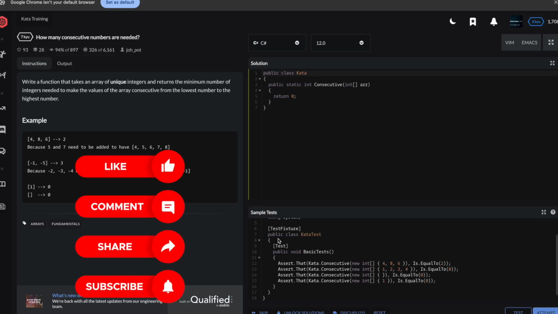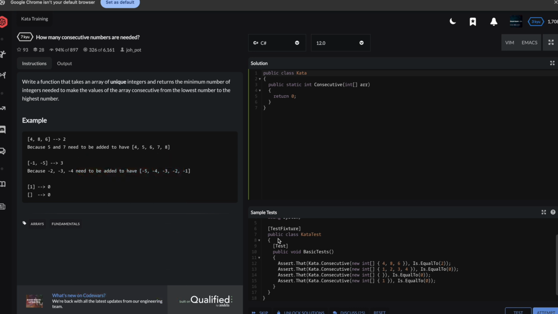Challenge called How Many Consecutive Numbers Are Needed? Write a function that takes an array of unique integers and returns the minimum number of integers needed to make the values of the array consecutive from the lowest number to the highest number. And they give us a couple examples here, so consider 4, 8, 6. It should return 2 because you're missing the 5 and the 7 that would connect 4, 5, 6, 7